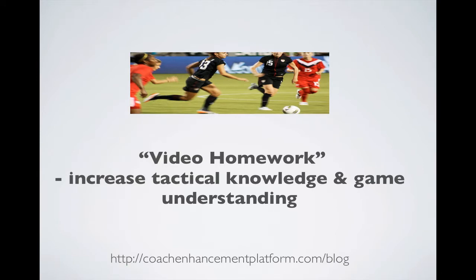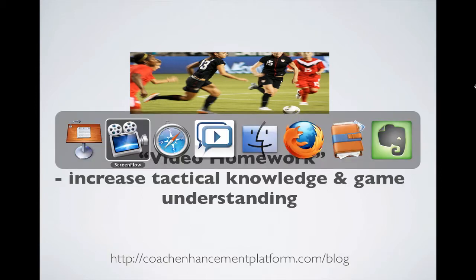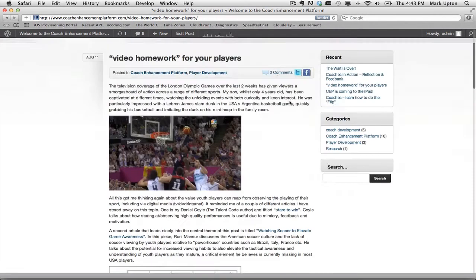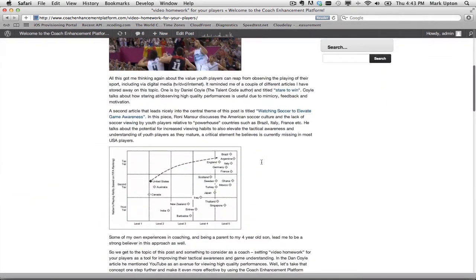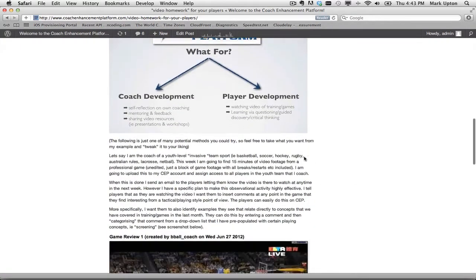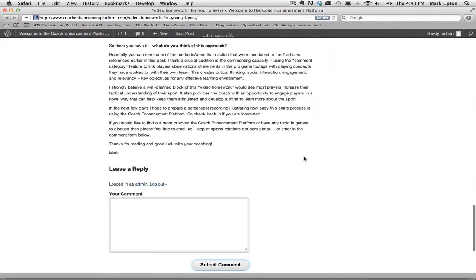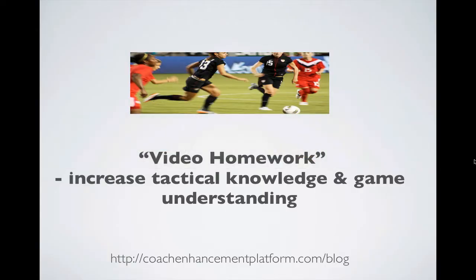So if you haven't already read that blog post, go to the web address there at the bottom, read the blog post. Here it is here. And we talked about the way that video, as an observational learning method, can really elevate players' game awareness, game understanding, and different ways that can be done, and how the Coach Enhancement Platform fits in with that. So today I just want to go through exactly how that works to give you the best